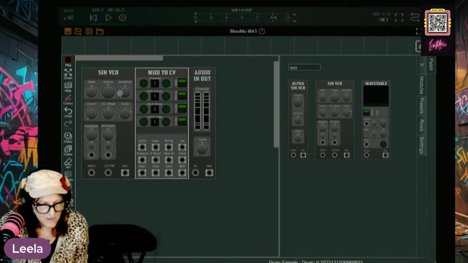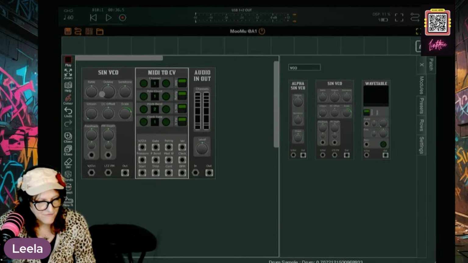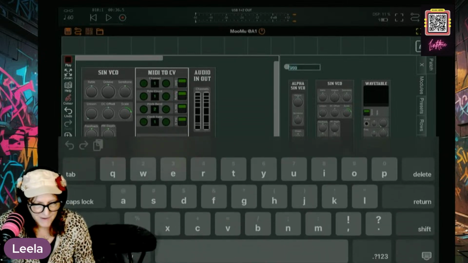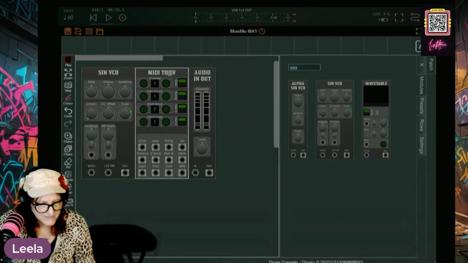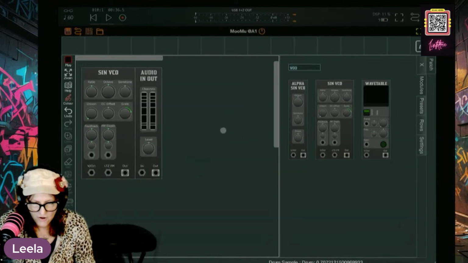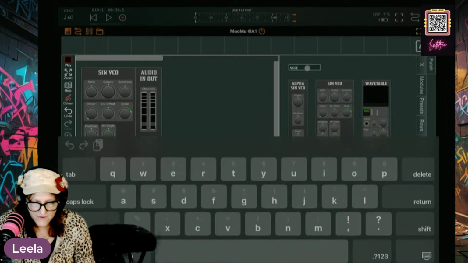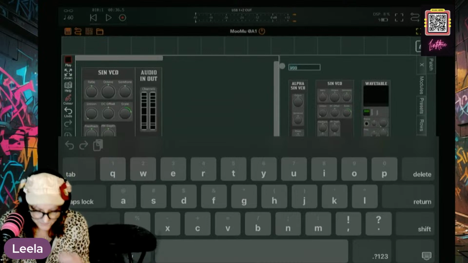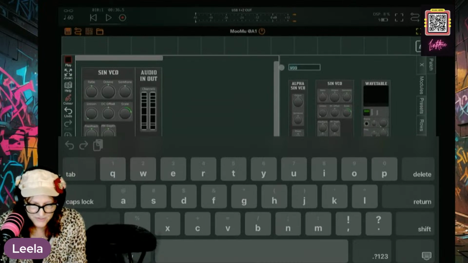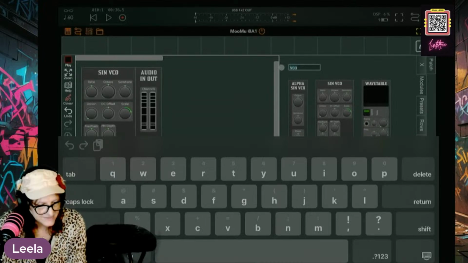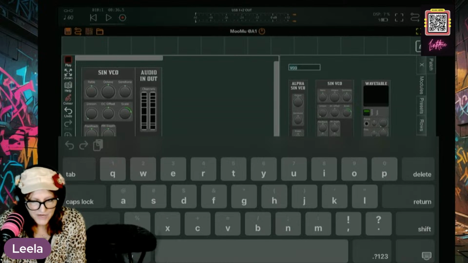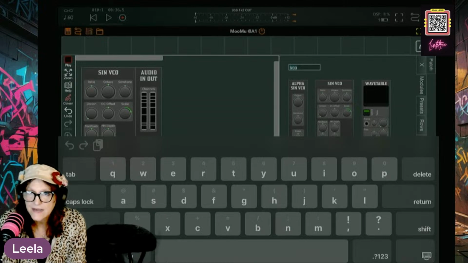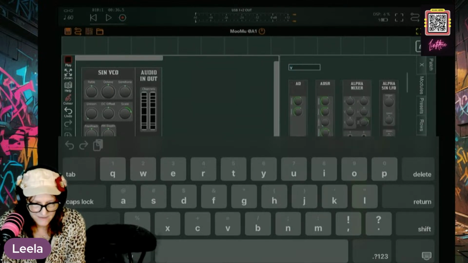So first thing we have is a VCO makes a noise. So we've got the noise maker. Let's just, for now, take out this MIDI to CV. Let's just hit delete. Boom, it's gone. Now, the way you handle this is you come in and type into this little search bar. What we're going to need is a V-oct.